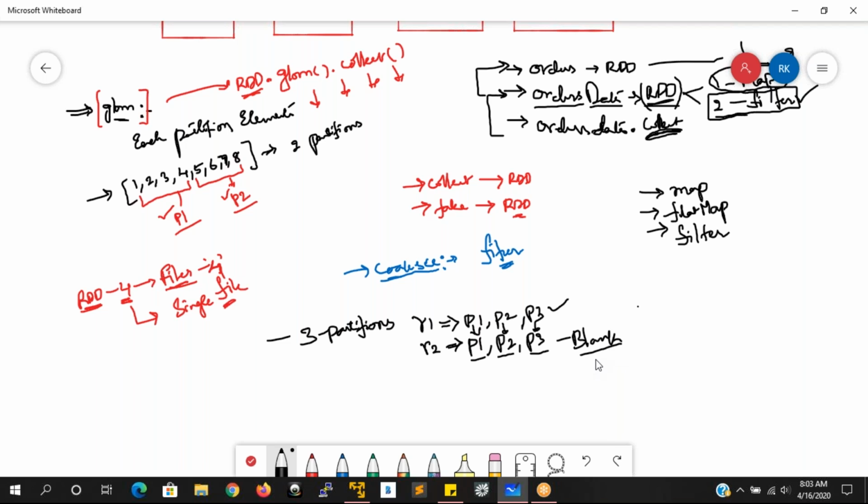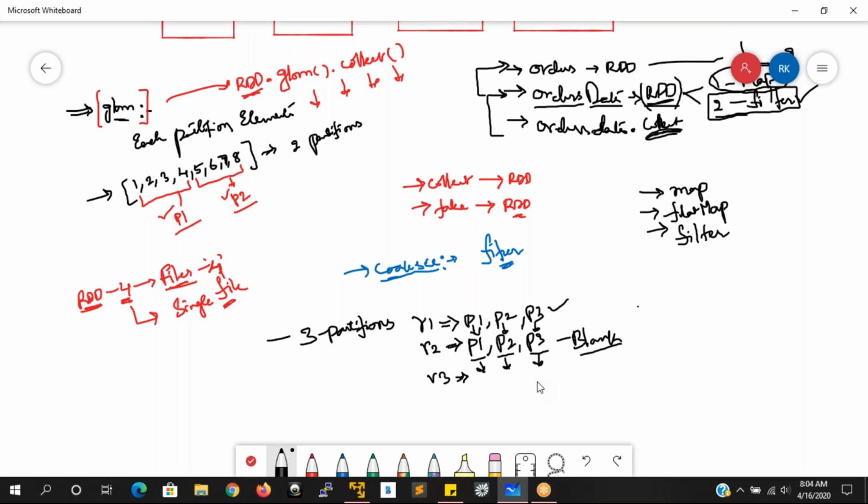If we get a blank partition, that will lead to decreasing your performance. That means even though it is a blank partition, whenever you run some other transformation, it has to check each and every partition. Even though it is not having the data, if we create some other RDD, it is going to do the execution on each and every partition in parallel again. So that will lead to a decrease in the performance of your execution. And why is it happening only with filter? Why can't it happen with map and flat map?